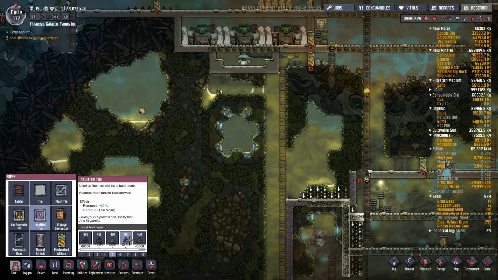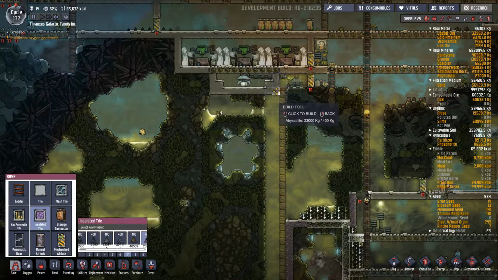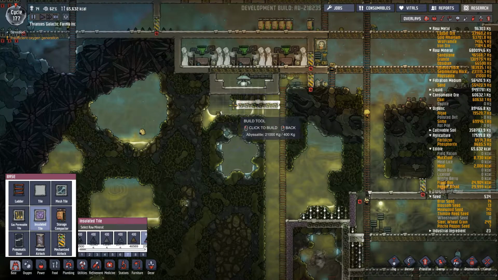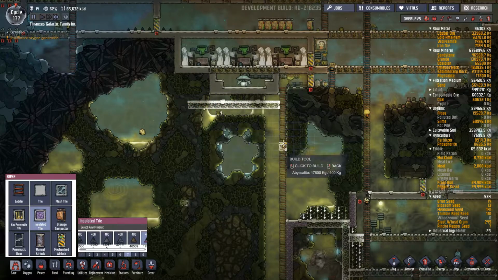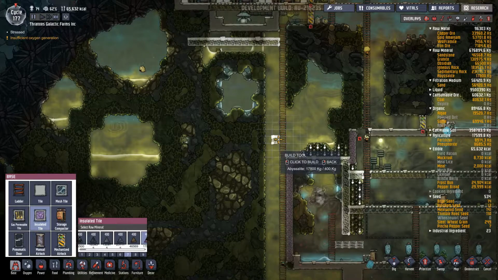So I think for now we'll use probably some abyssalite for this. How much do we have? We have quite a bit. 1, 2, 3, 4, and then 1. So we're going to start like this, and then it's just going to be...